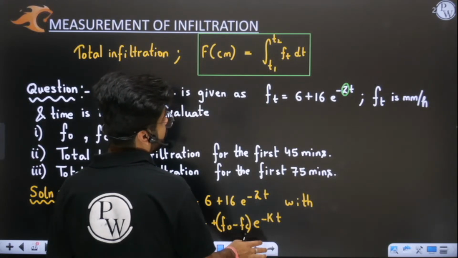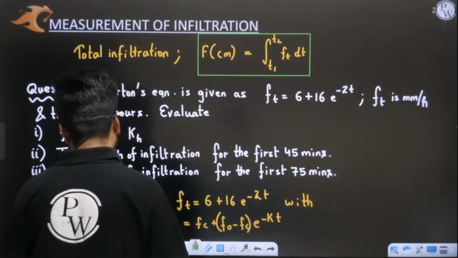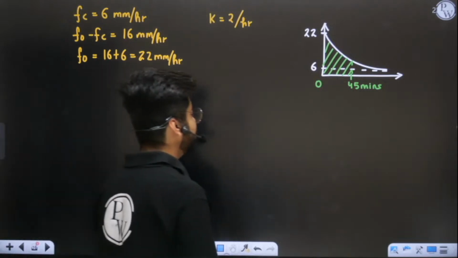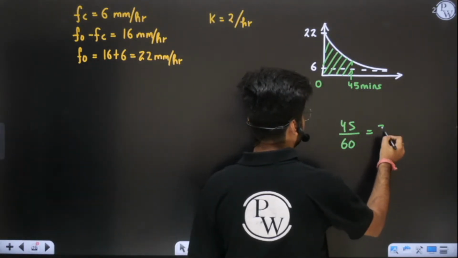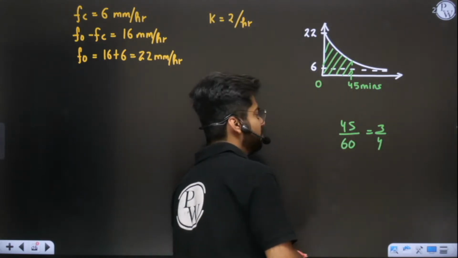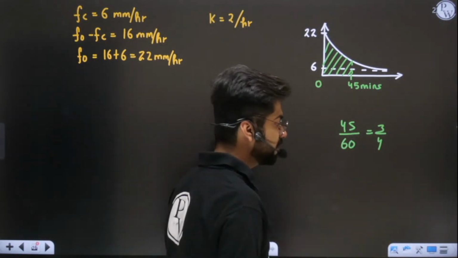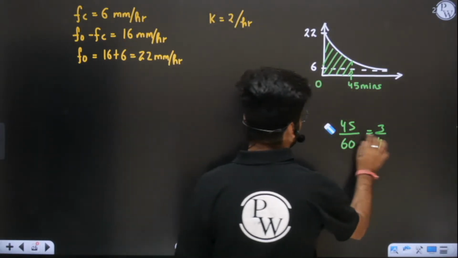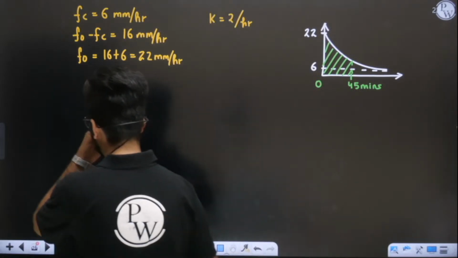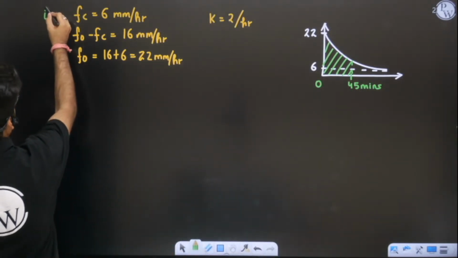So we have to convert 45 minutes into hours. Yes or no? Yes, sir. So how will I convert 45 minutes into hours? Sir, I have to divide 45 minutes by 60, which is 3 by 4, in the table of 15. Okay, 3 by 4. I hope you can understand this. Yes, perfect answer. You have to divide it. Now what will I do? I will integrate. So this is the first part.